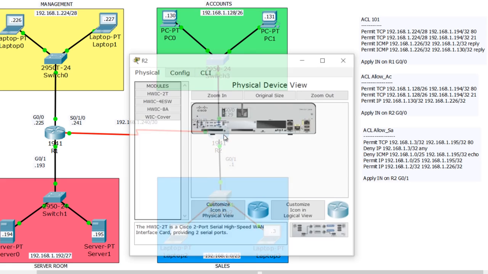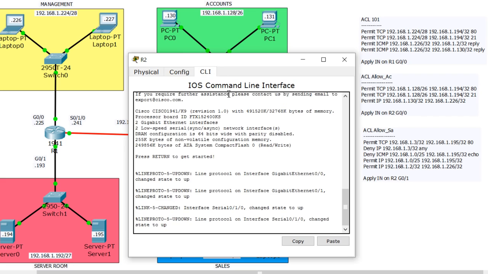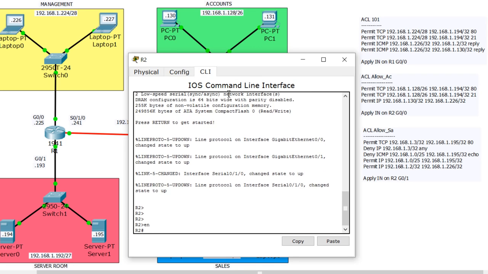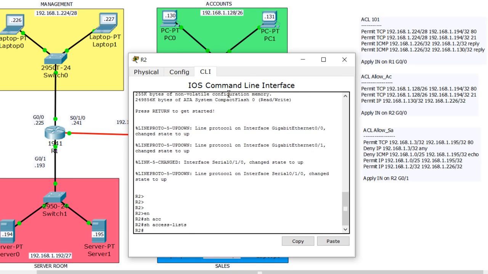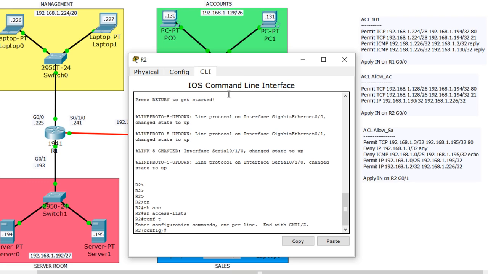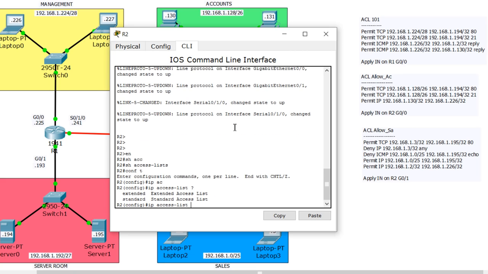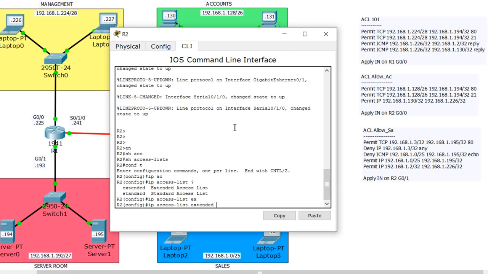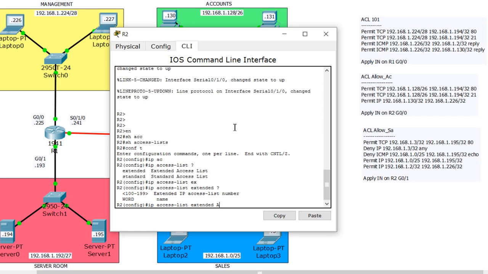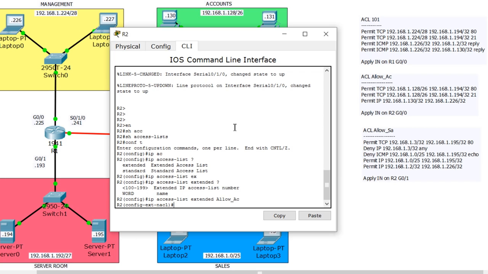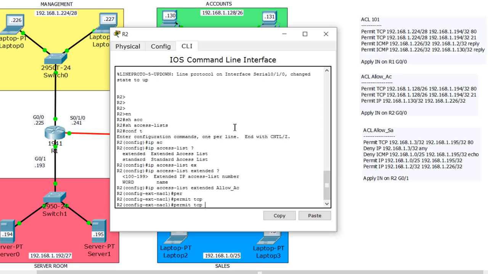We have to do the same thing for accounts. So I'm going to go here, enter, show access list. There's no access list, configure terminal, and I'm going to do the modern way here. So IP access list, and then I'm going to give an extended keyword, and then I'm going to give a name which is allow AC, right? I go into a subcommand, and then I say permit TCP